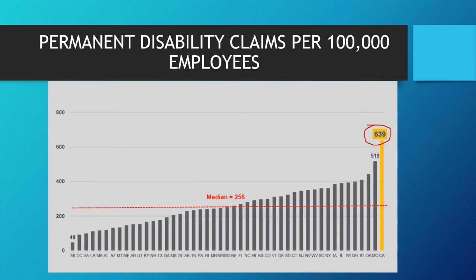It has to do with the opinions and conclusions of us as qualified medical evaluators, wherein in California, unlike other states, we feel compelled to find permanent impairment or permanent disability in our examinees, where the same examinee evaluated by a different evaluator in a different state would be opined to have no permanent disability, whereas in California, our qualified medical evaluators seem to find and opine on permanent impairment at more than 2.5 times